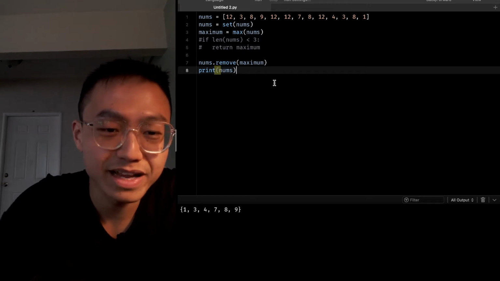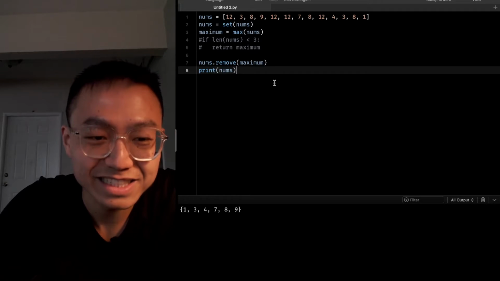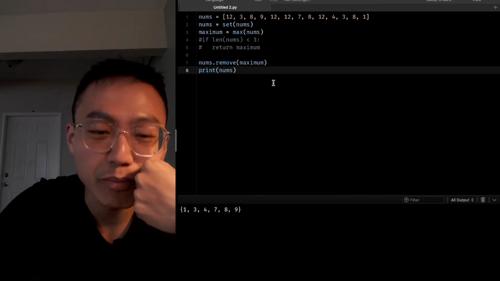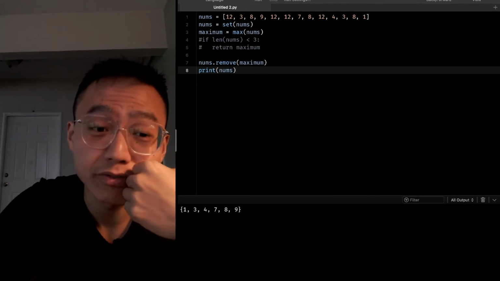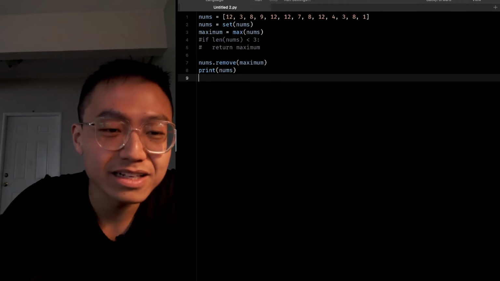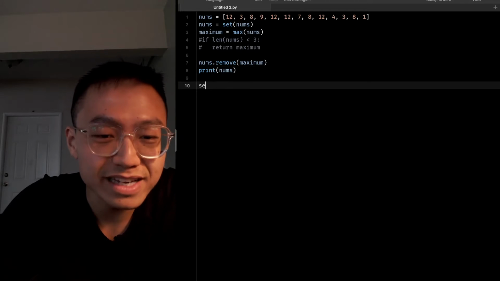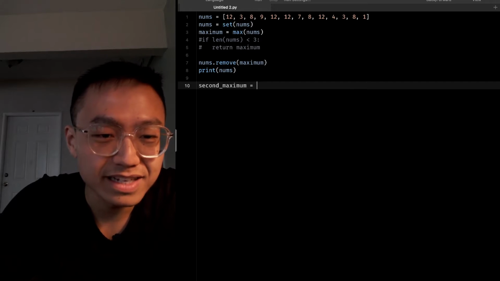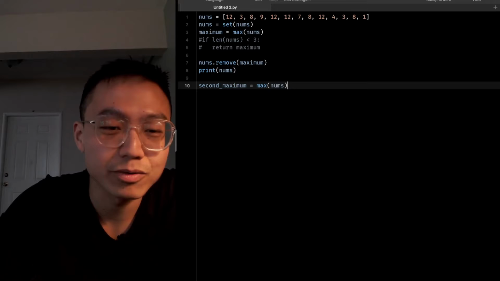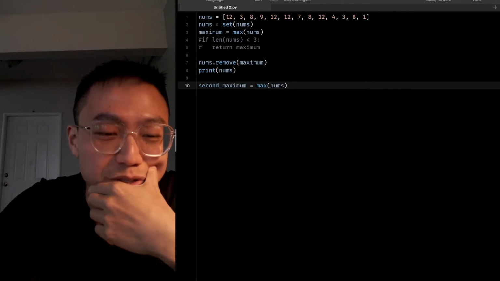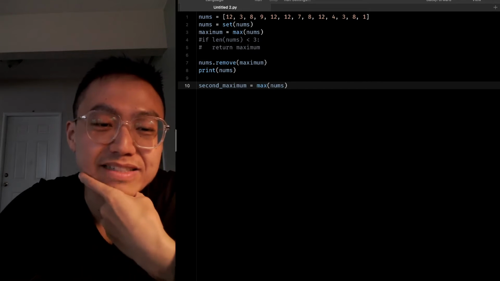Yeah, so the 12 will now be deleted from the hash set. And remember, deleting a value from a hash set has only a cost of O(1) time, so we can ignore that. Yeah, and let's find the second maximum. Since the first maximum is already removed from nums, we need to find the new maximum, and the second maximum is